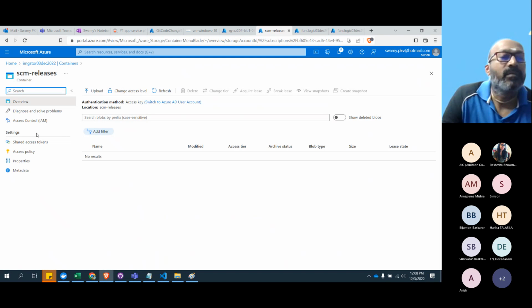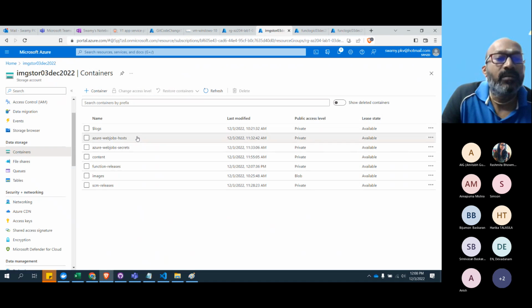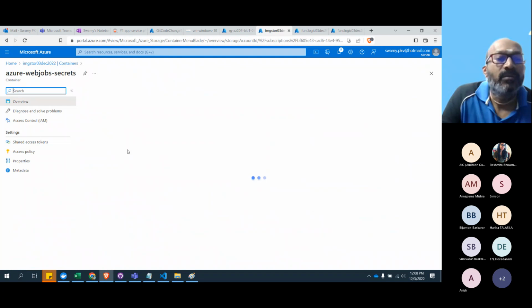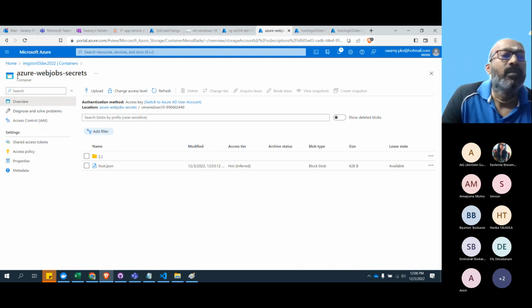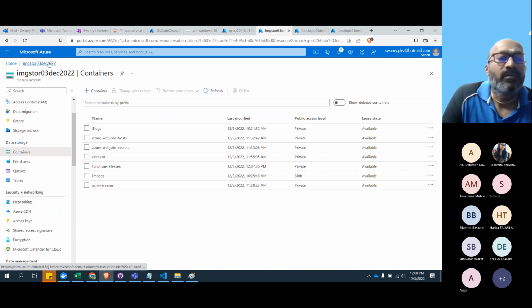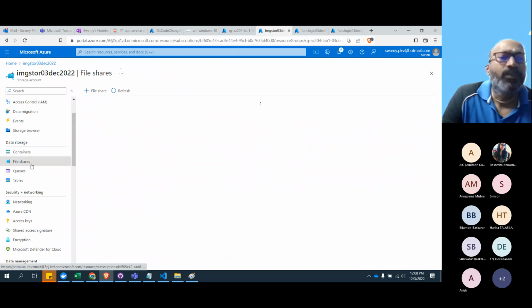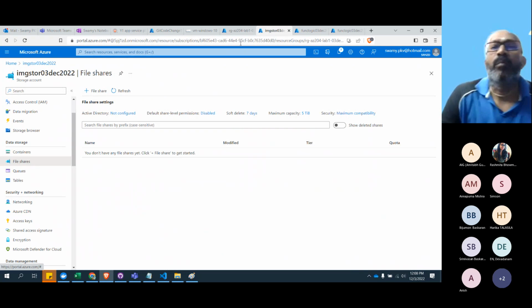SCM release. Does it have anything? Let me go to the containers. The secrets. A lot of things are there. But you see 1, 2, 3. I'm sure file share should be there. I don't know why, but we'll see.